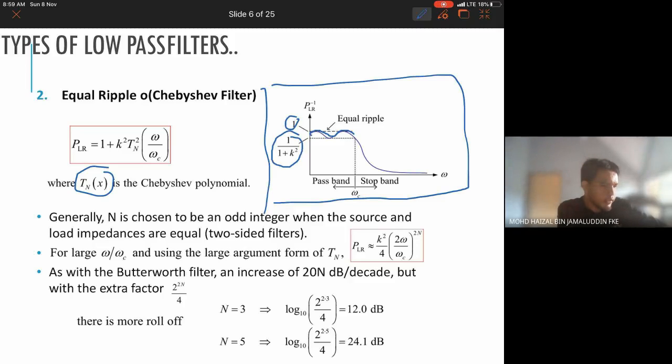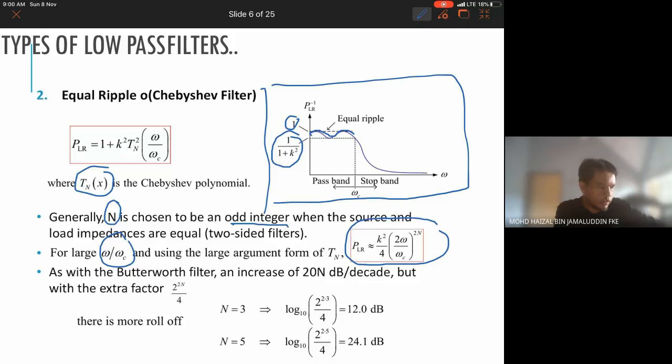So normally, the order is chosen to be an odd integer when the source and load impedance are equal. Okay, when source and the load are equal, so we choose n equivalent to 1, 3, 5, 7, and so on. For large omega over omega c, so we have the power loss ratio of this equation, and from here we learn that